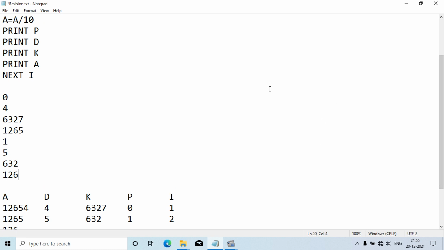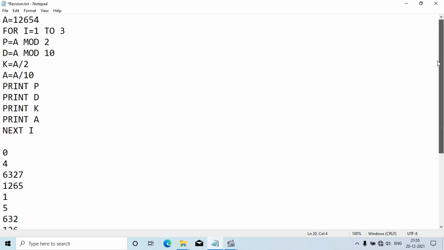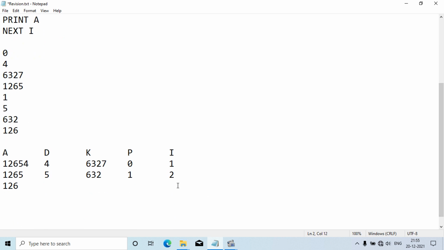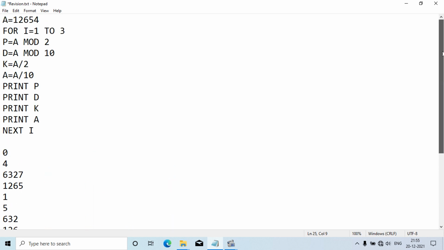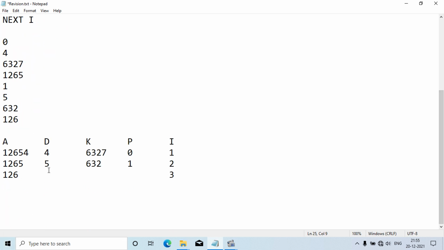Now these are the current outputs so far. Next, i will increase one more time, because the end value is 3. So the value of i is 3, and the same thing happens again. The first thing we do is a mod 2. Obviously it will be 0 because it's an even number, so p will be 0.